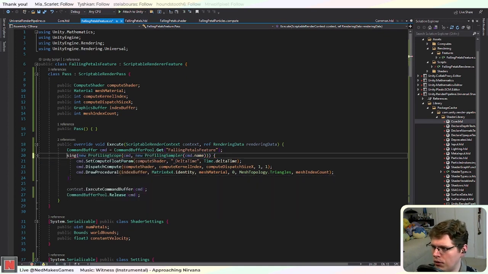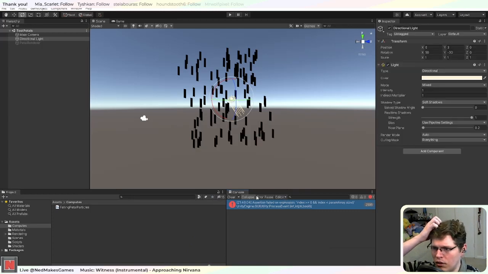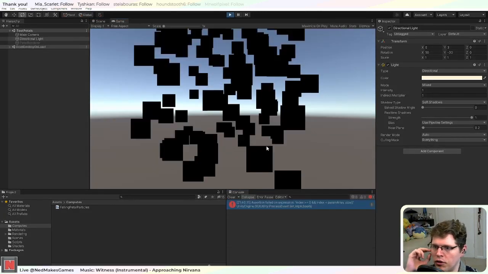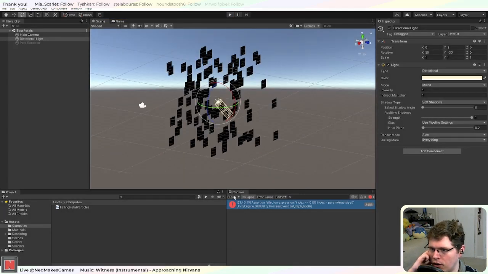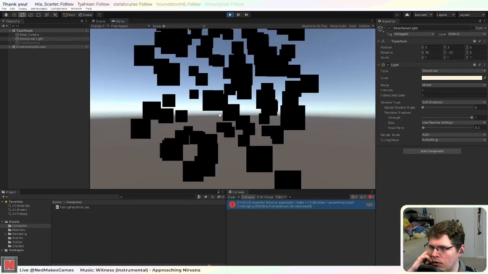So I don't really know what I'm doing with these profiling scopes, so I'm just going to comment it out. Maybe we'll have to move to another project. I don't know. I mean, I guess I don't know what this bug is doing, because it's mysteriously making lighting not work, but it seems like everything else renders. Although now velocity is not working either, so